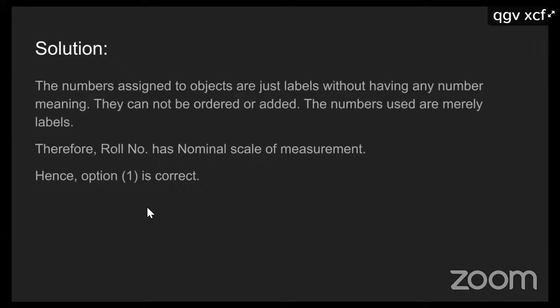Nominal. Okay. So order means you are doing things like my roll number is greater than... I mean, you are doing the comparison. Suppose you are saying roll number 2, so you are ordering, meaning you are saying that roll number 2 is greater than roll number 1. That is the meaning of order or ranking, right?